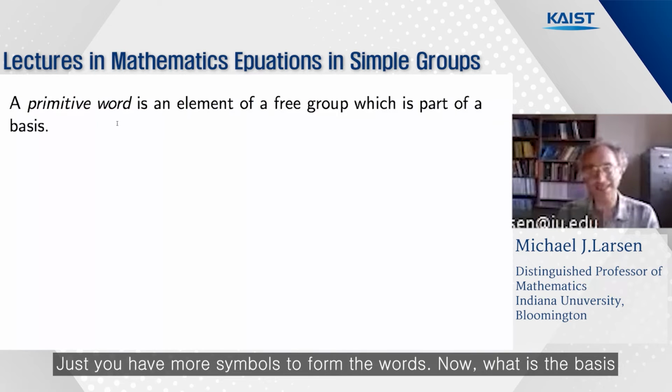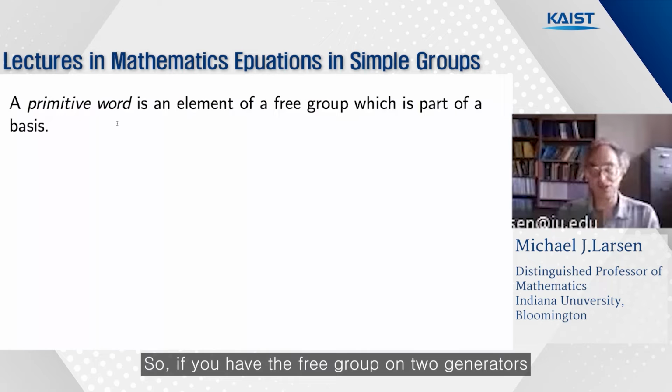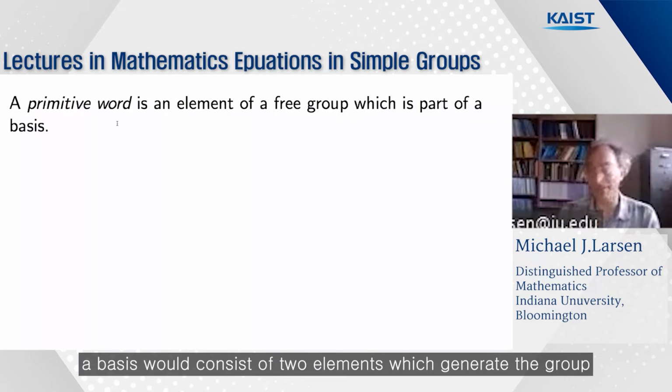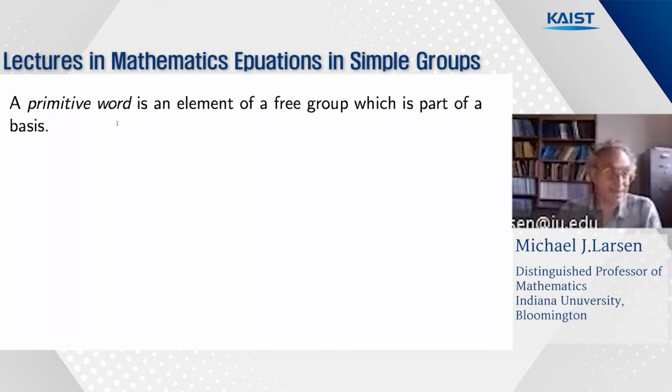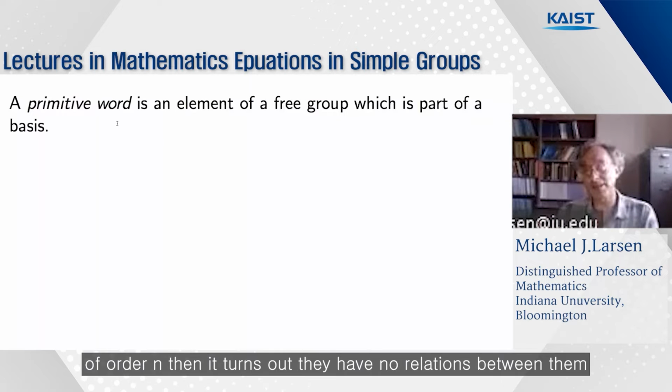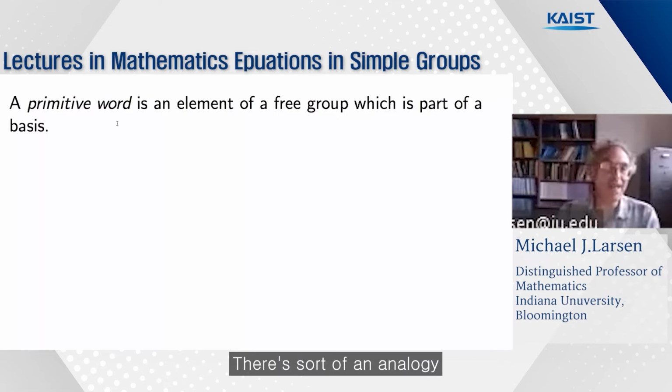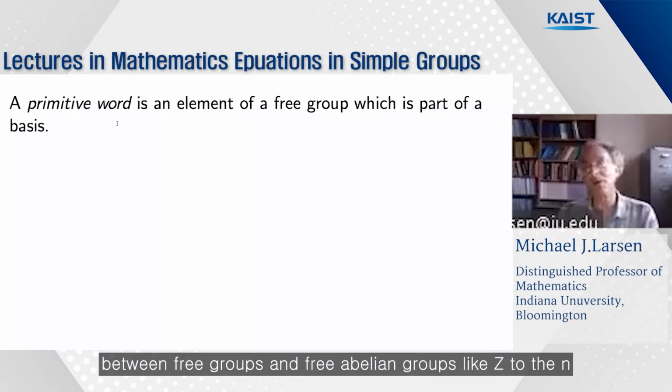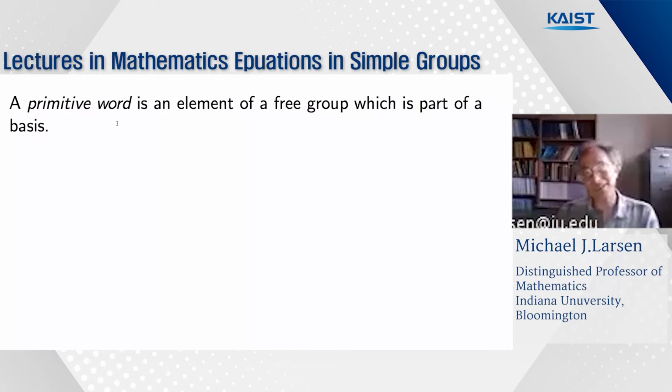Now, what is a basis? So if you have the free group on, well, say you have the free group on 2 generators, a basis would consist of 2 elements which generate the group. And if you have n elements which generate a free group of order n, then it turns out they have no relations between them. There's sort of an analogy between free groups and free abelian groups, like z to the n, where if you had,